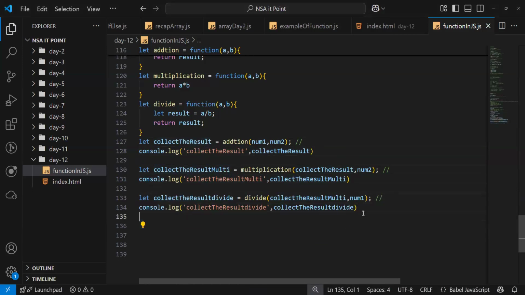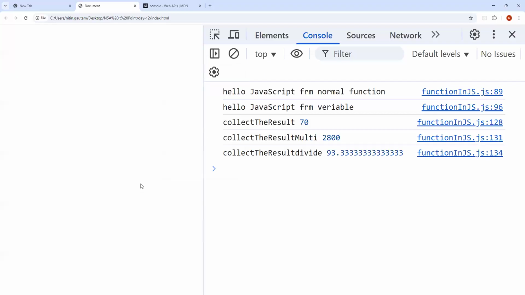Sorry. Let's see the output. Just reload. Can you see? First result is 70. Then we multiply with number 2, which is 2800. And then we divide it by number 1, which is 93. We got our final result 93.